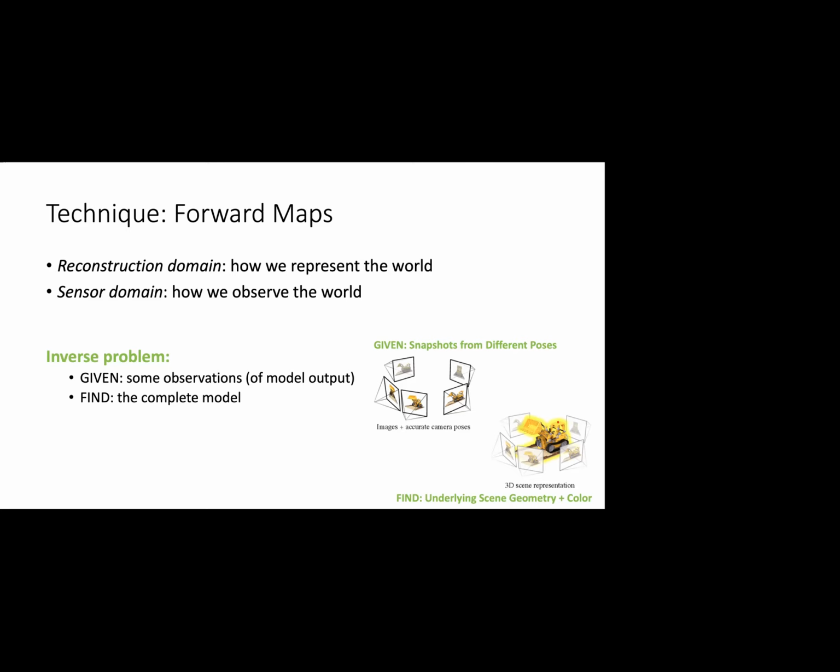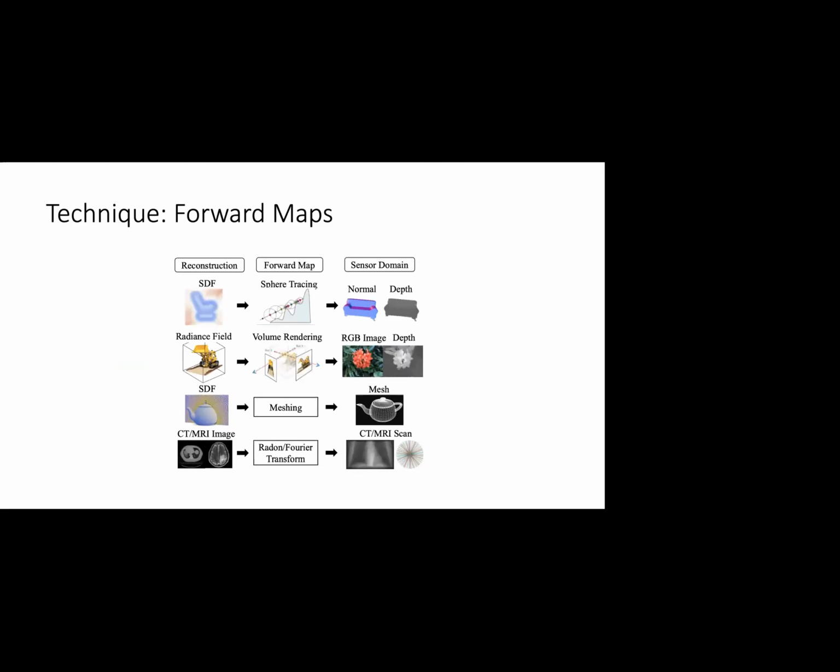The sensor domain, on the other hand, is how we understand, how we observe the world. So that might be a voltage signal you get from a microphone, or it might be a snapshot, this nice 256 by 256 grid of numbers that we call an image. And sometimes the reconstruction and the sensor domain are the same. Usually they are not. So for example, here,